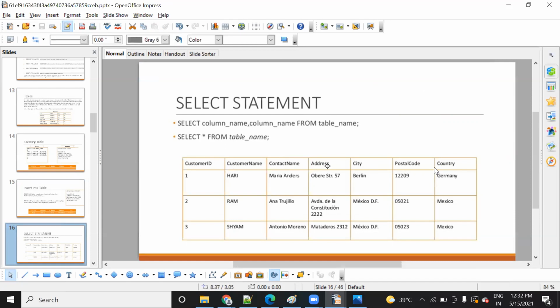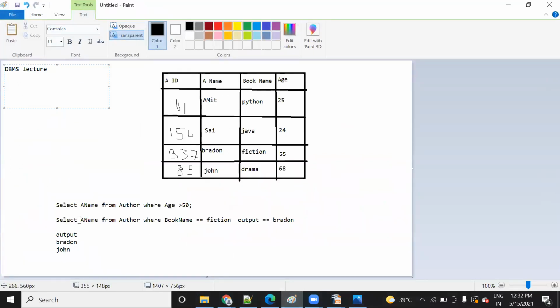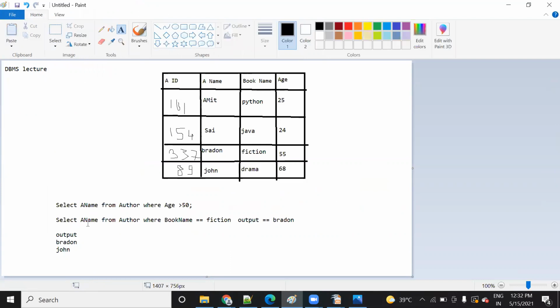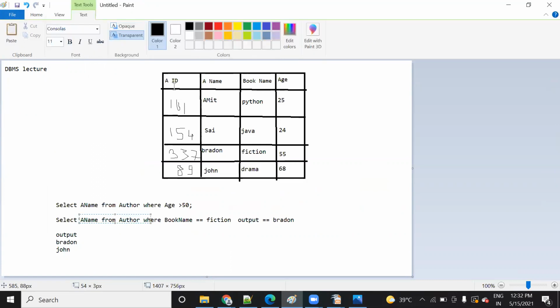If you want to see all the rows of all columns, you will simply write asterisk. But as in the last example, if you want to see only one column of data, then you will write only the specific column name, like select a name from author, because you want to see only the author name which satisfies this condition.